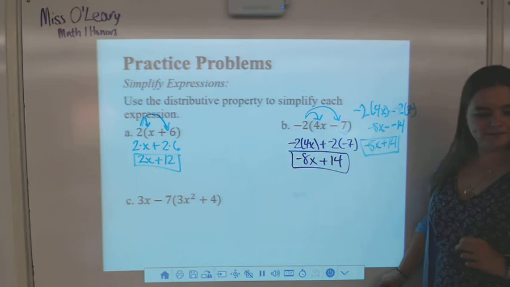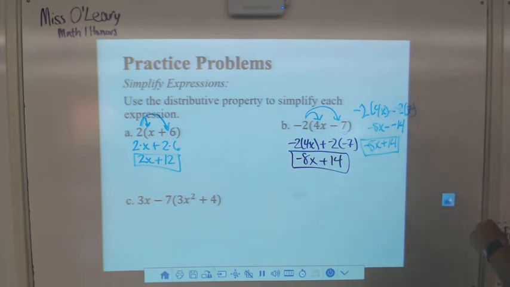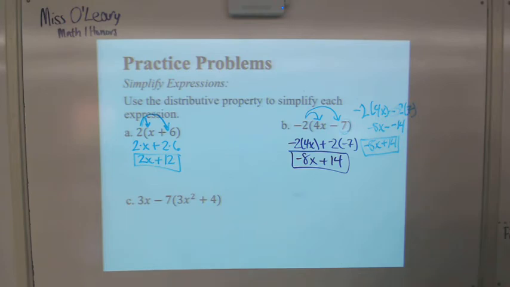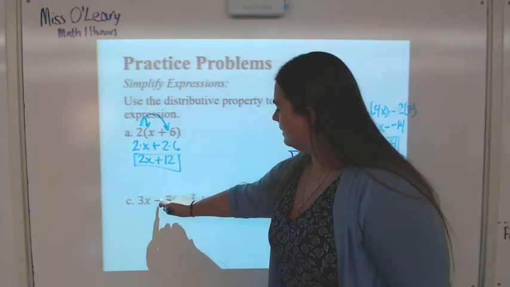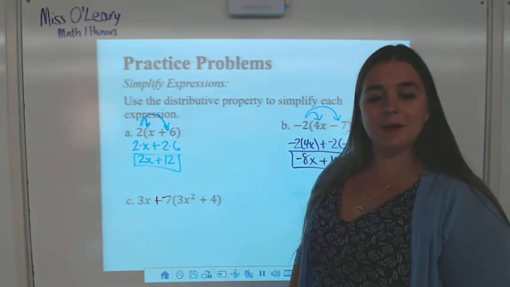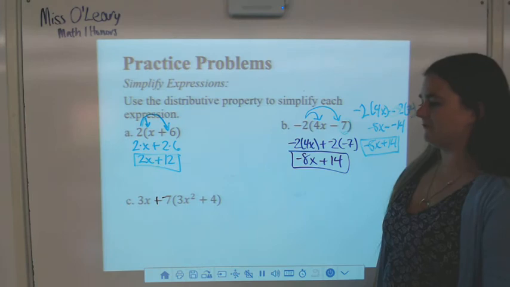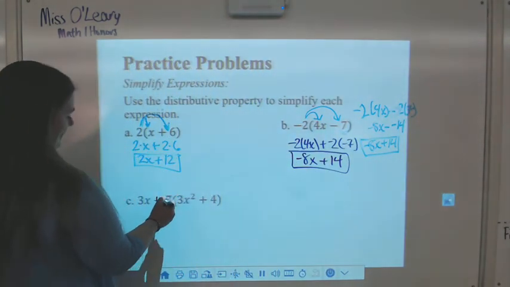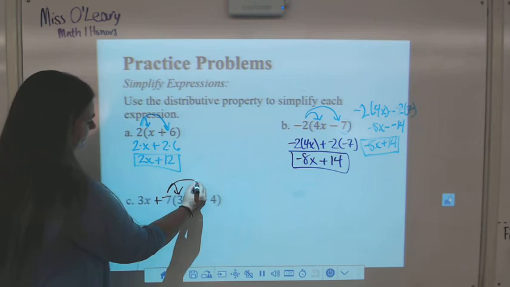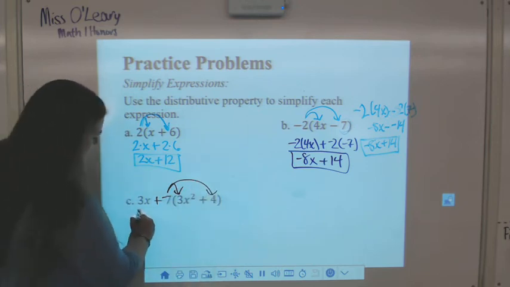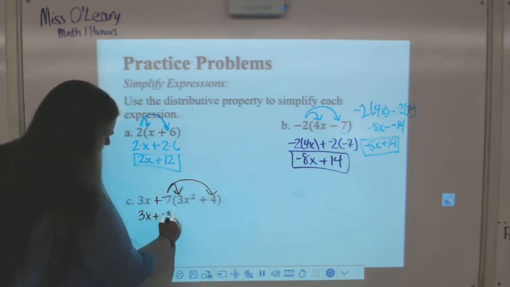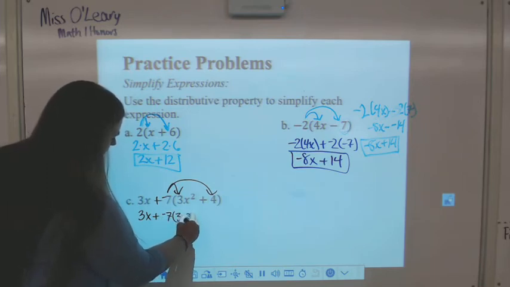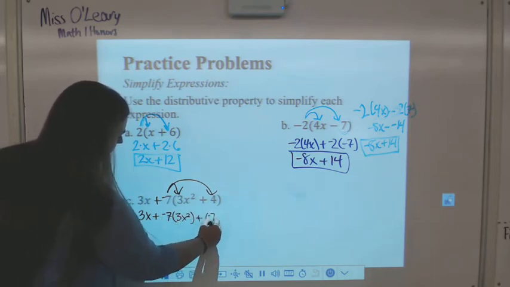So now let's talk about this last one here. I have 3x minus 7 times the quantity 3x squared plus 4. So for this one here, again, I'm dealing with negatives, and I don't like negatives. So what I'm going to do is turn this minus 7 into a plus a negative 7, just to remind myself that that negative is really attached to the 7. To get rid of these parentheses here, I take my negative 7 and apply it to the pieces inside the parentheses. So 3x stays the same, plus a negative 7 times 3x squared, plus a negative 7